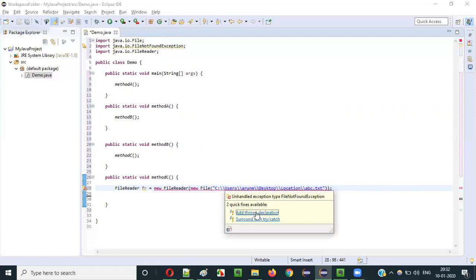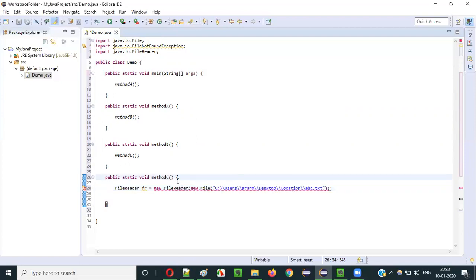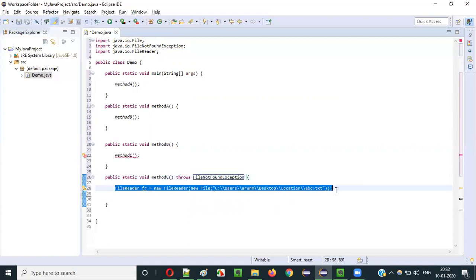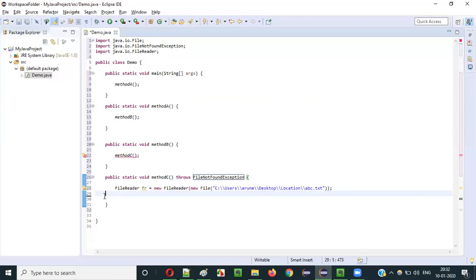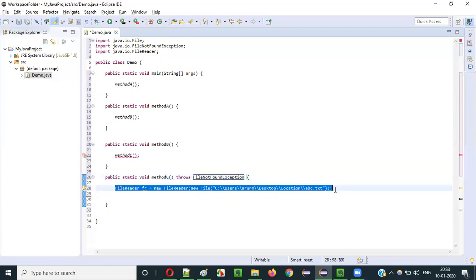So let's say we have used this throws keyword. Either we can select from here also, guys, add throws declaration, directly add throws FileNotFoundException beside this method C. So here in method C, we have ignored this FileNotFoundException and the compiler has been muted out, right? That means the compiler's warning has been ignored in this method C by saying throws FileNotFoundException. Immediately when you add this throws FileNotFoundException in this method C, which has this particular statement, which has a possibility of getting the checked exception,